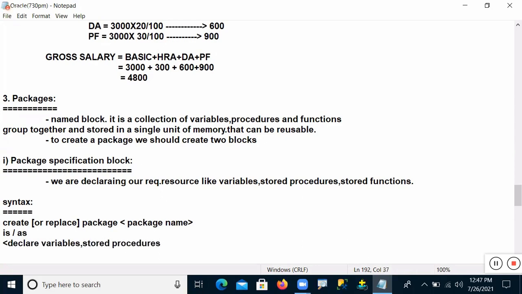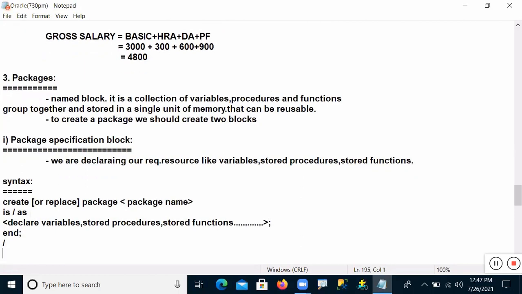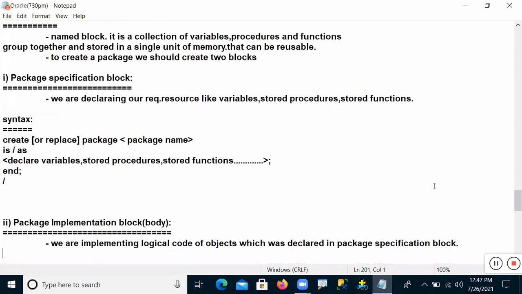Declare your stored procedures, how many you want. Declare your stored functions, how many you want. You can declare like this, and finally end this package specification. There is no begin statement; a begin statement is not required here. And the next one is